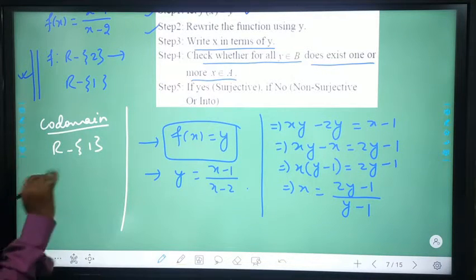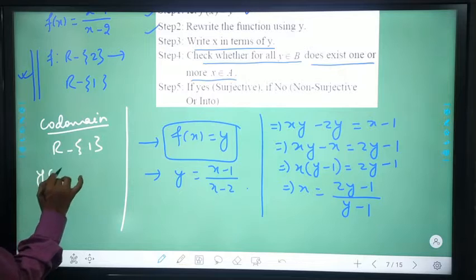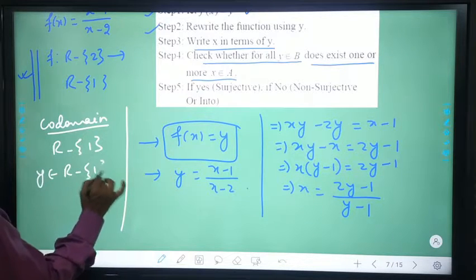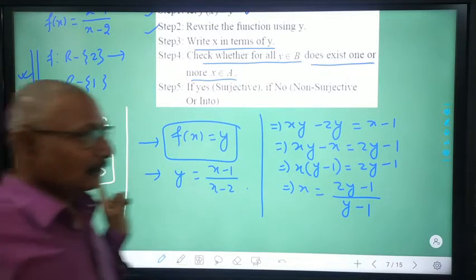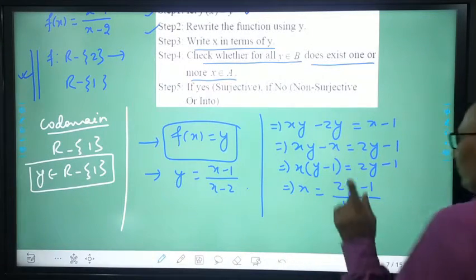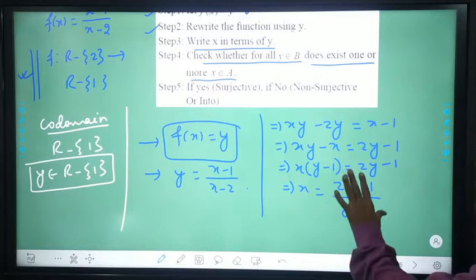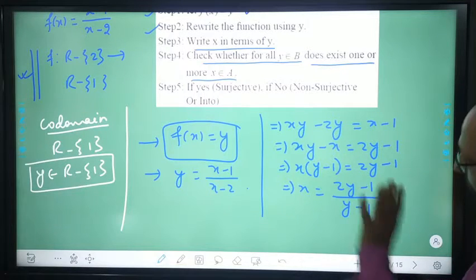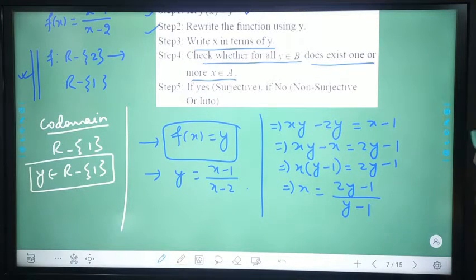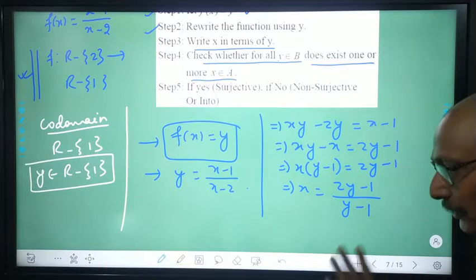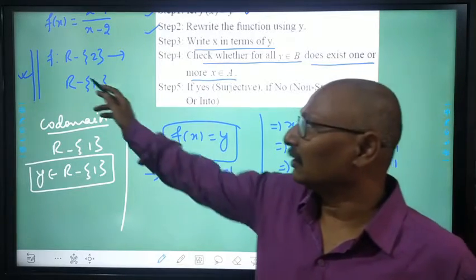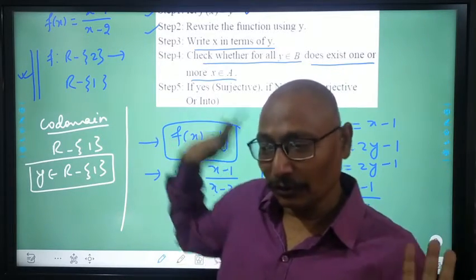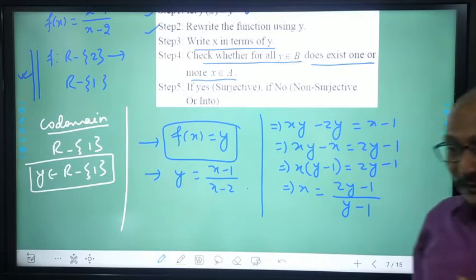So if we suppose that this y belongs to R minus 1, then we are to check whether, having that value of y, we will get some value of x or not. And if we get some values of x, then we are to check whether those values are in set A, in the domain part, or not. So two things. Firstly,